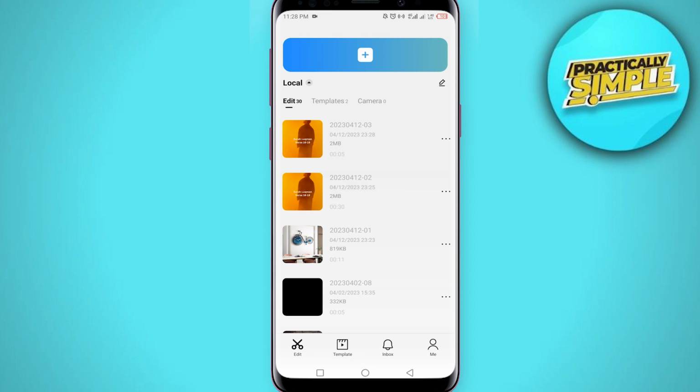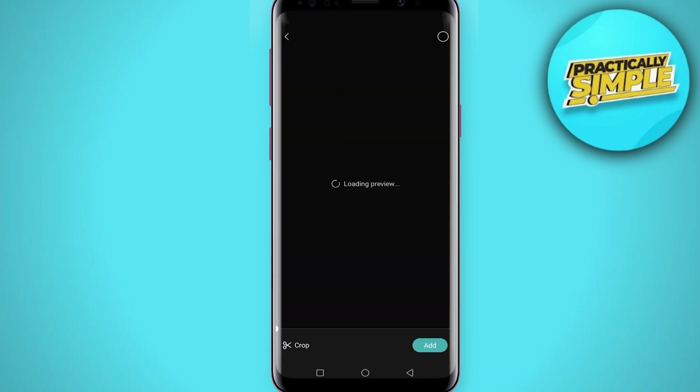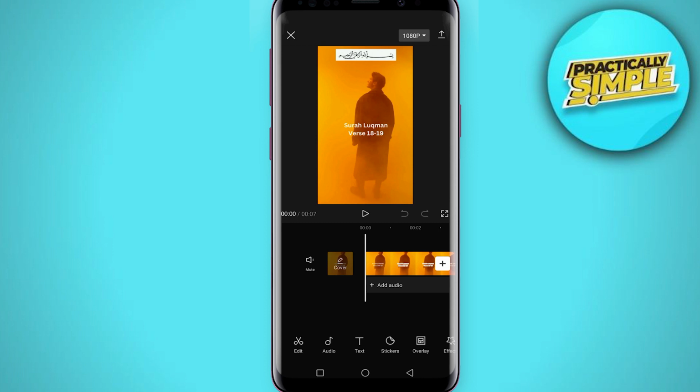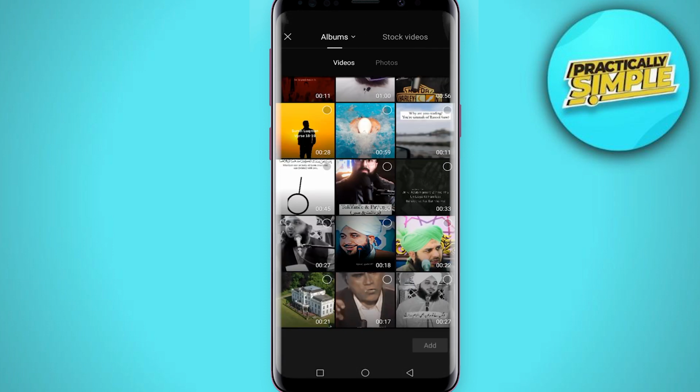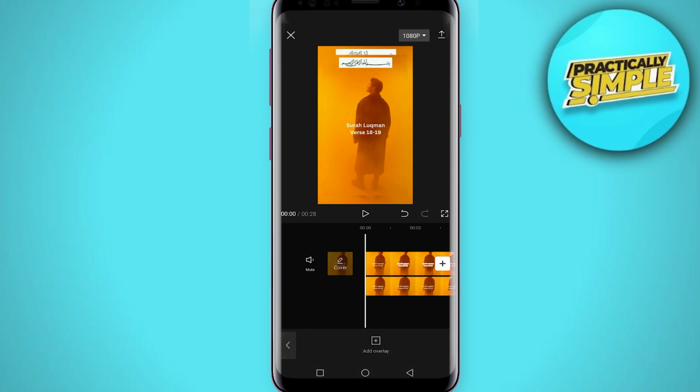and after exporting just tap on this plus icon and import the same video you just exported, and now just tap on this overlay and tap on this add overlay, and you have to import the video without the effect we just created in CapCut. Tap on this add and now select the second video,